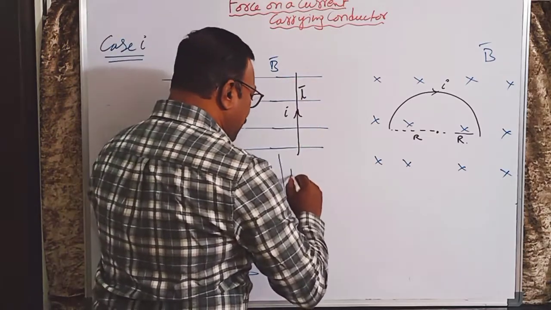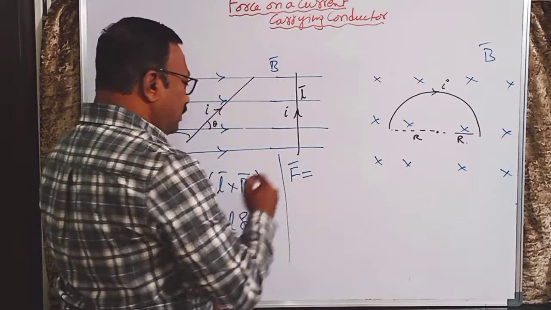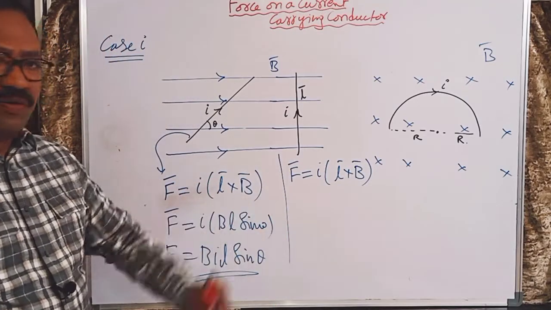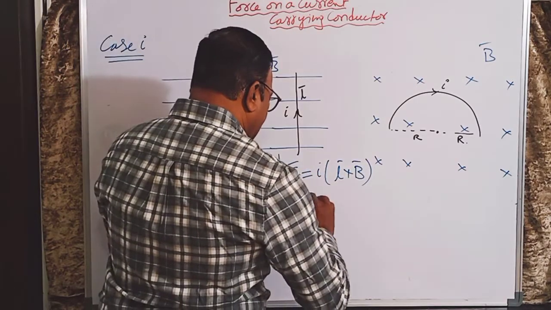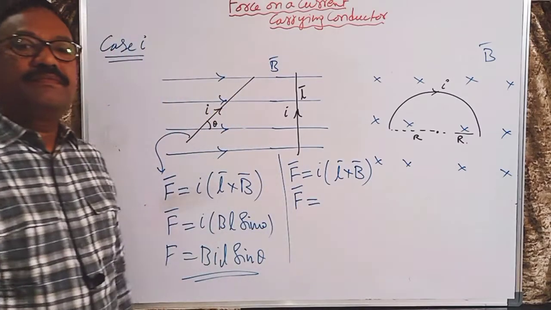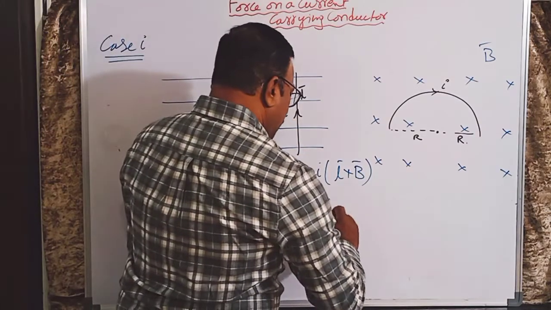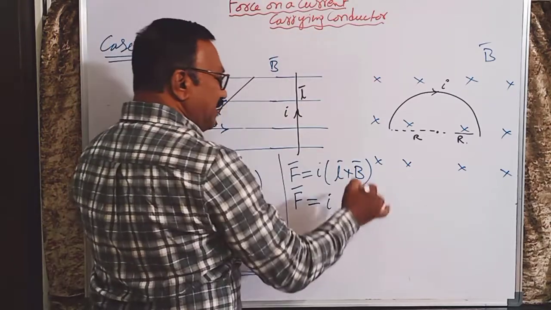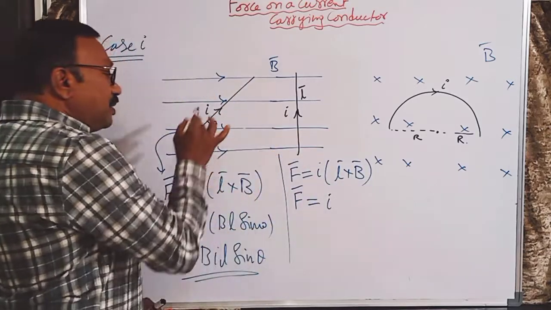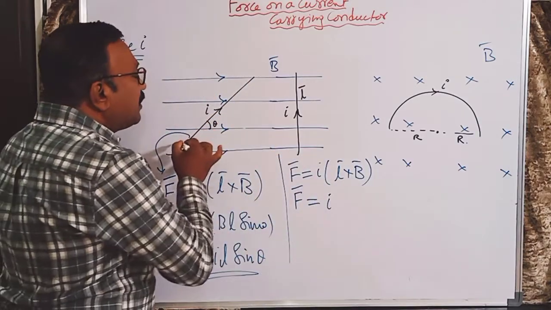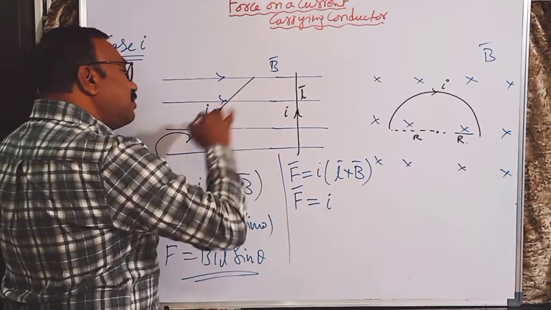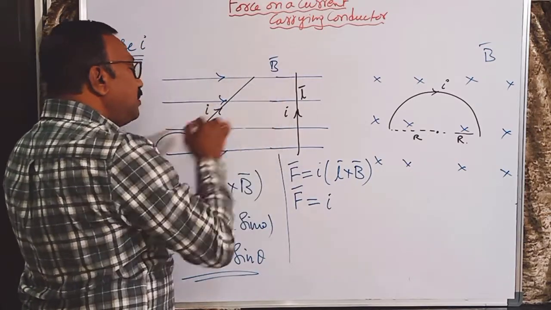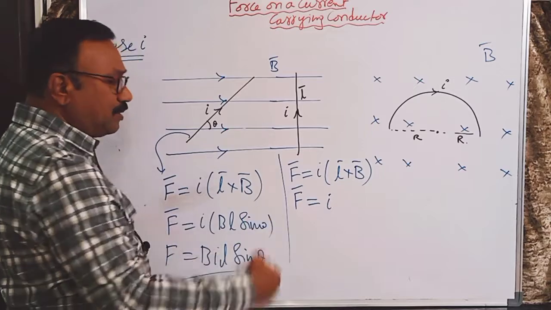In this case, what is the force acting on this conductor? F bar is equal to I into L bar cross B bar. Same formula which I derived, I am only using it here. I is the current. Here L bar means it is only a straight conductor, nothing to worry. When you have a straight conductor, I can take directly its length only. I have told you the direction now. Theta is the angle between L bar and B bar. But what is L bar here? In the direction of current only you have to take, just now I told you. So this is L bar and this is B bar. The angle between them is theta.